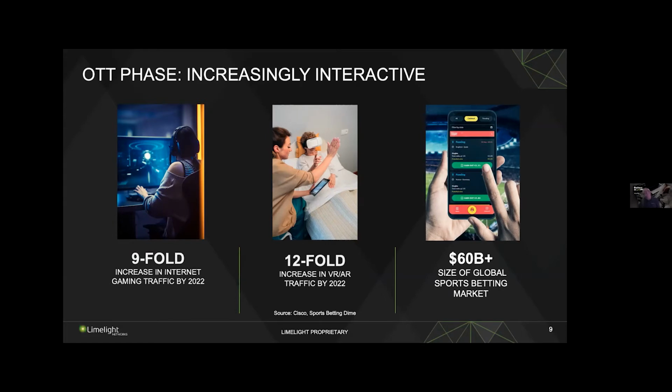The kind of concept where we're talking about VR and AR more, whether or not you think they're going to take off in the type of medical environment that we're looking at here, or whether they're going to be part of an entertainment environment, there's going to continue to be an increase in VR and AR, which has a totally different demand on real-time and interactivity, and a totally different demand on where data is processed in order to understand what's happening. And the third one here is about interaction with sporting or event-based content.